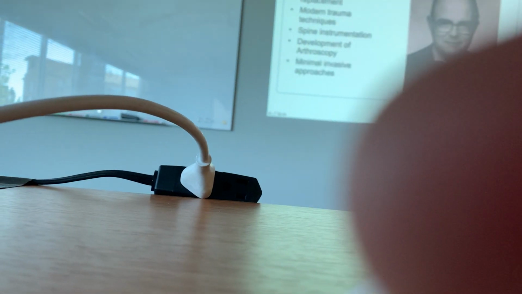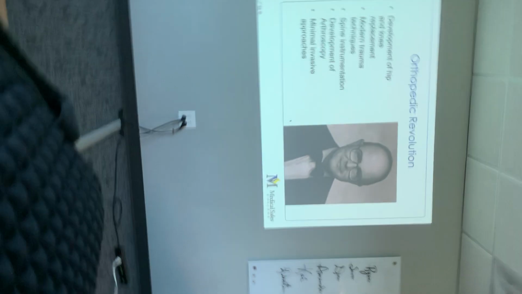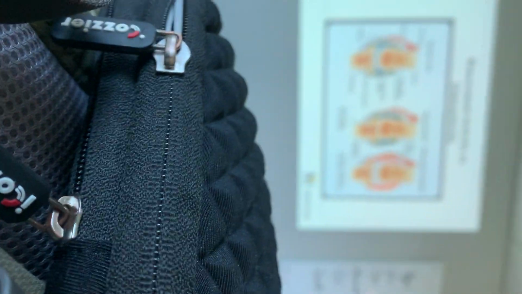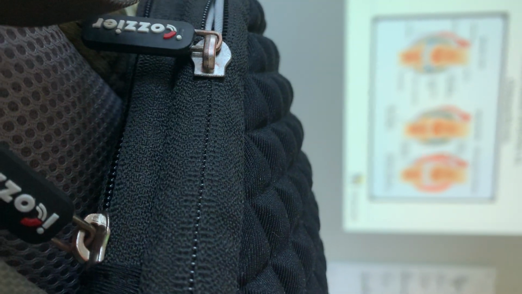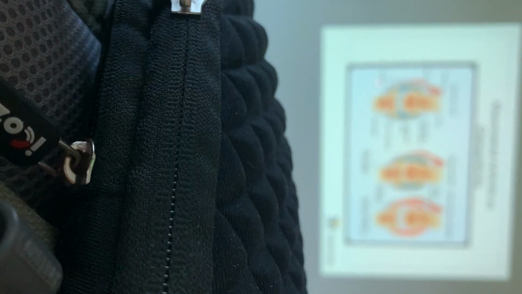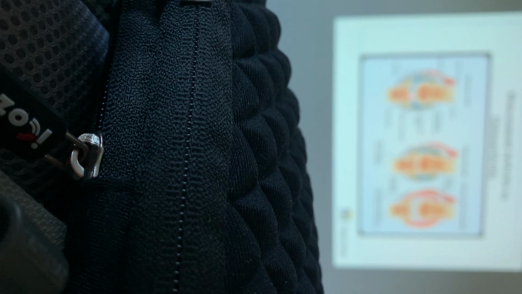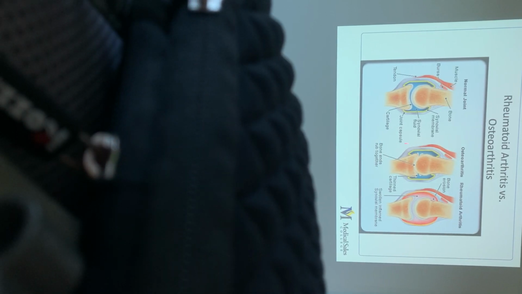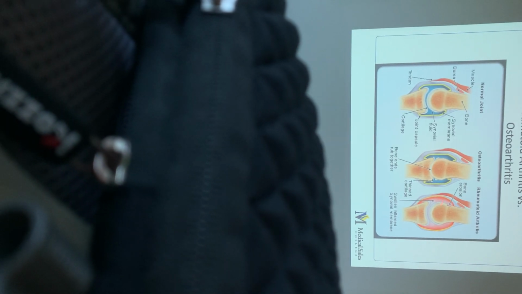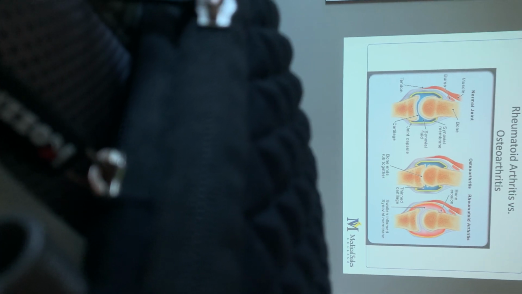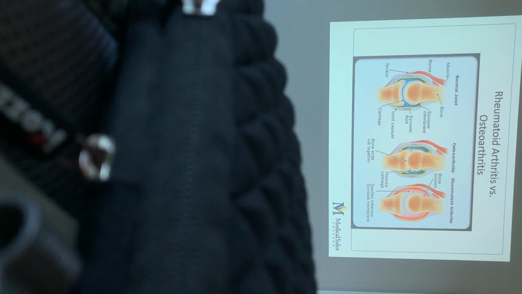What's happened in the last 60 years, or even 50 years, because arthroscopy and such was not even that relevant until the 70s, okay? So, let's start with just looking at our conditions. We know what a normal joint looks like. You know what an osteoarthritic joint looks like, and you may well be able to tell the difference between the